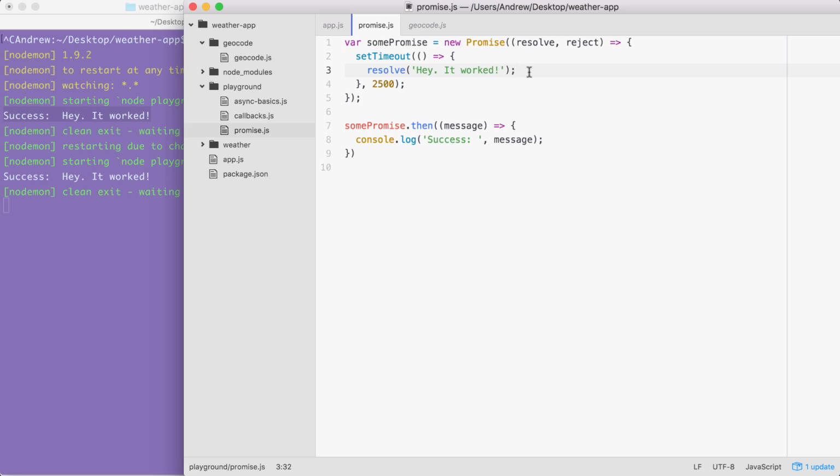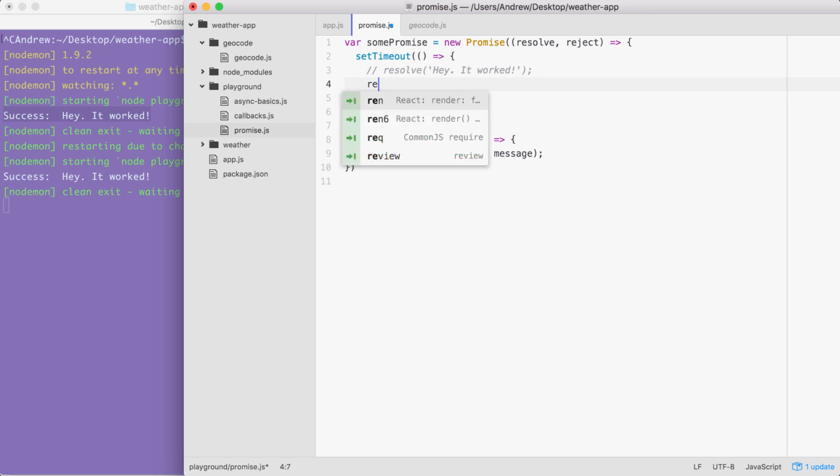Now, there's a chance that things didn't go well. You have to handle errors inside of your Node applications. In that case, you wouldn't call resolve, you would call reject. Let's go ahead and comment out this resolve line and create a second one where we call reject. I'm going to call reject much the same way I called resolve. You have to pass in one argument, and in this case, a simple error message will do. Unable to fulfill